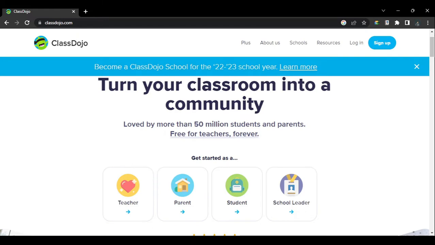There are a few steps you must follow to sign in or log in or sign up as the teacher. If you don't have any ClassDojo account before this, just click the sign up button and fill in the things that they want. But I already have a ClassDojo account, so I just log in